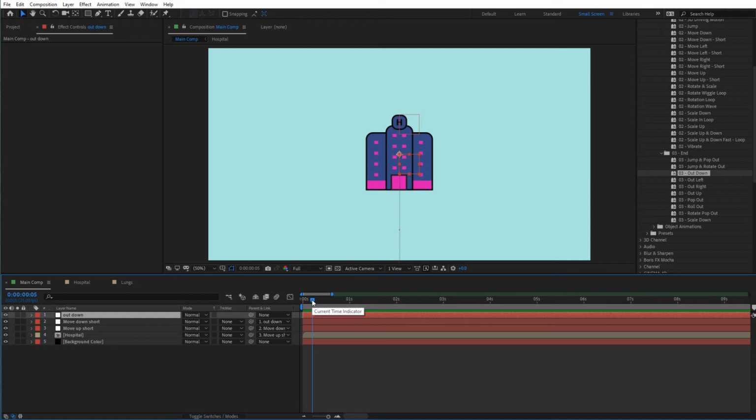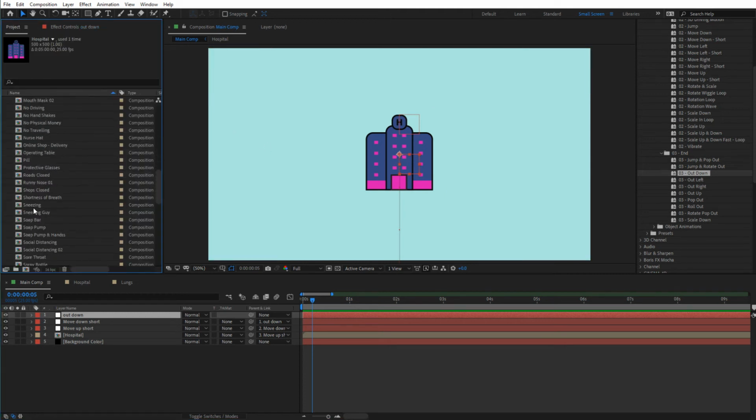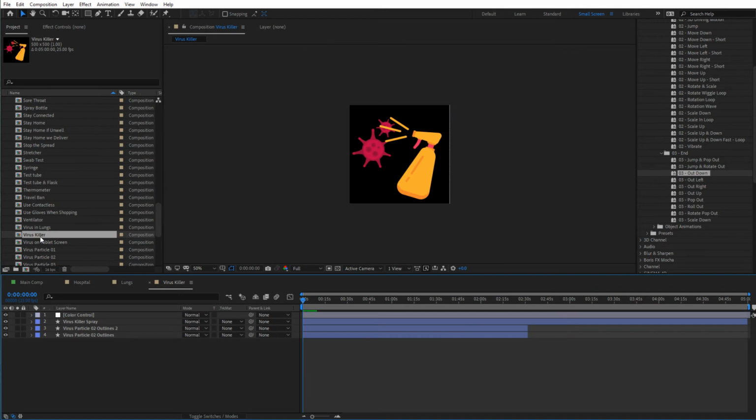Now, if you would like to take this a step further, you can even add animations right inside of the icon itself. So if you have an icon that has multiple elements, for instance, this is just a hospital in here, but you can have icons that have multiple elements. So let's find one just so we can see how that would work. For instance, something like this. Let's double click on that,